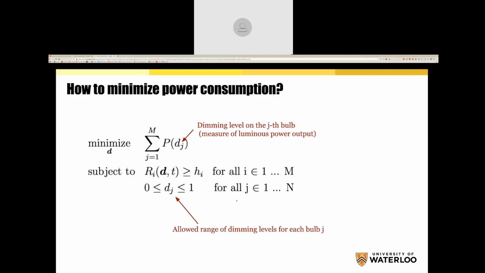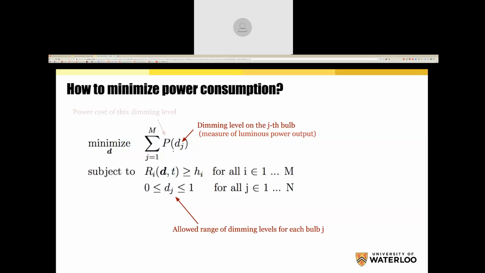So first, D_j is for each bulb, which we call bulb j. So j goes from 1 to N, the N bulbs. We're going to choose the dimming level between 0 and 1. That's what we have over here. When the dimming level is D_j, the power it consumes is P of D_j. So obviously when it's fully lit, it consumes more power, and when it's not lit, it's less power. That means we want to reduce the total power. We want to choose bold D, the vector of dimming levels, such that the power is minimized. Okay, so that makes sense.